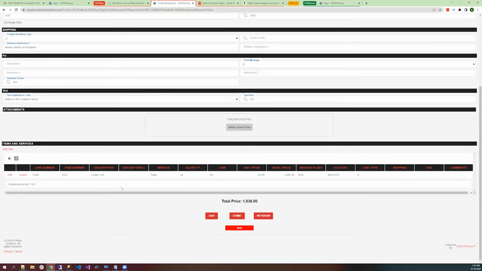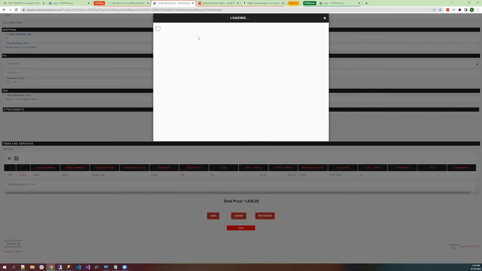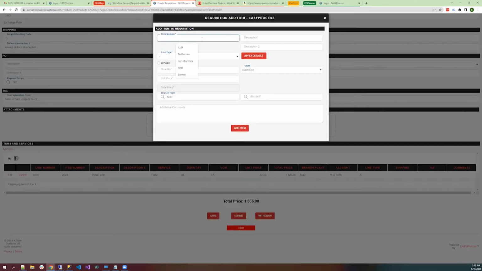So line type S. I'll also add a non-stock item here. Although many of our EASYBuyer clients make it so that J-line type non-stock can't be mixed with stock, right? I mean, it's there. These are configuration decisions that could be easily enabled or not with the app, right, Ben?